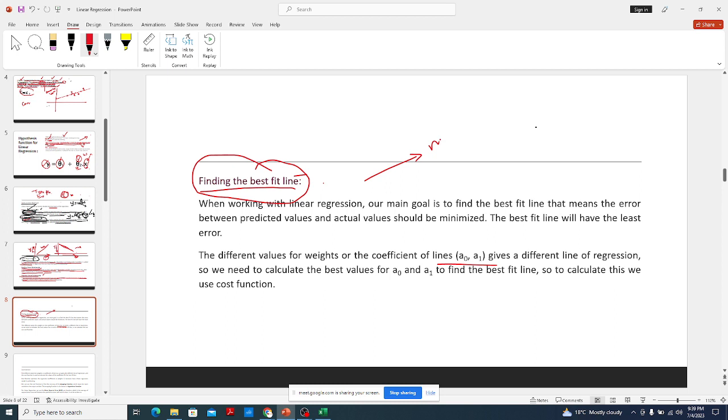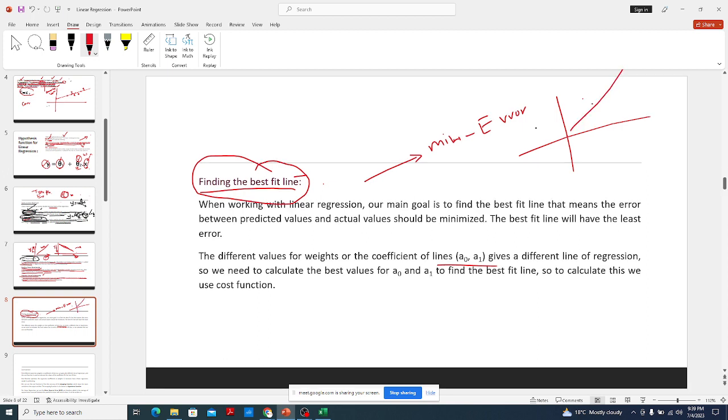Meaning we are minimizing our error terms, that is the distance between the regression line and the data points. The farther the data points are from the regression line, the larger the